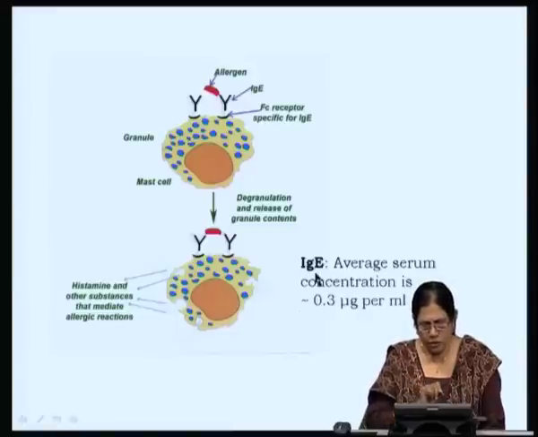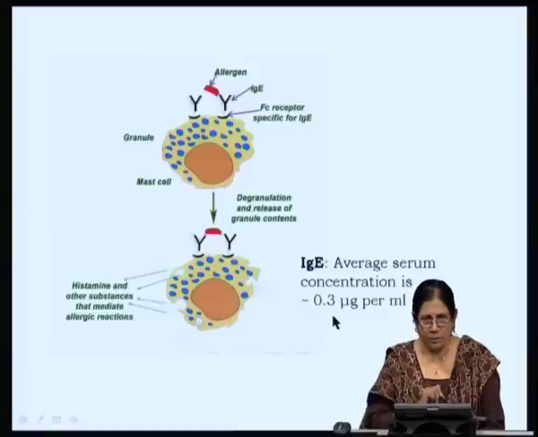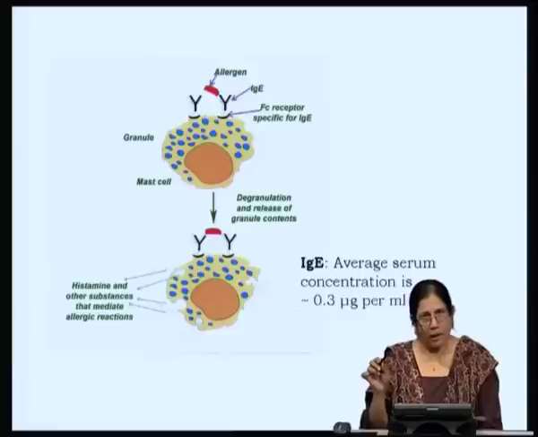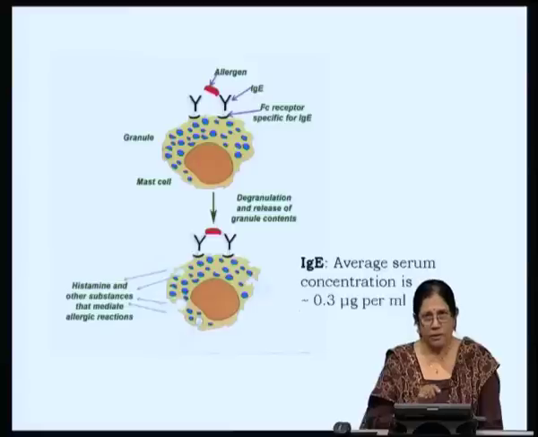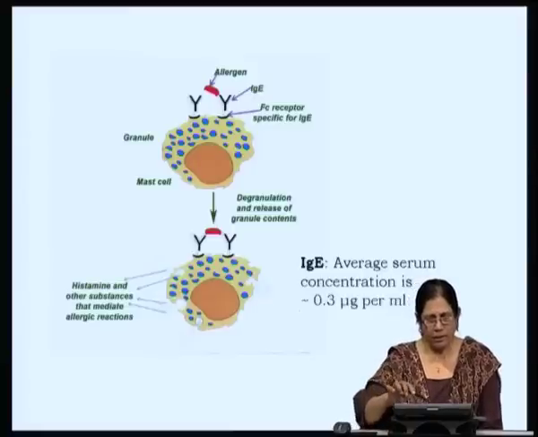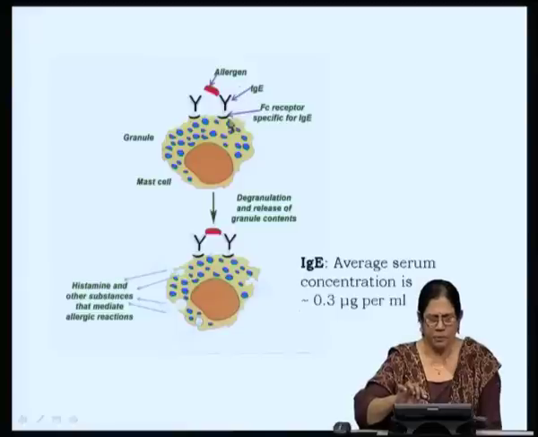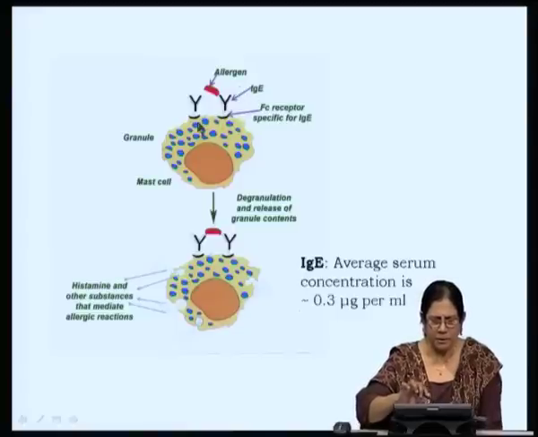Average serum concentration of IgE is only 0.3 micrograms per ml, because as soon as a memory cell upon activation by the antigen undergoes class switching, and if it is an allergen and the class switching is to IgE, IgE synthesized is immediately captured by specific high affinity receptors present on mast